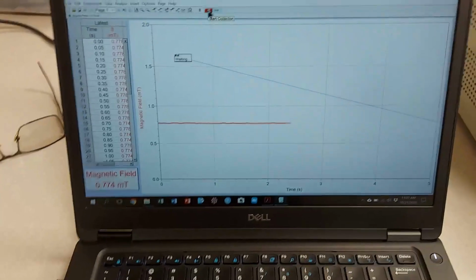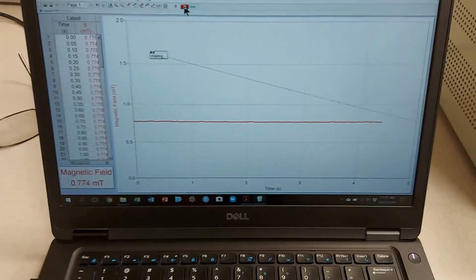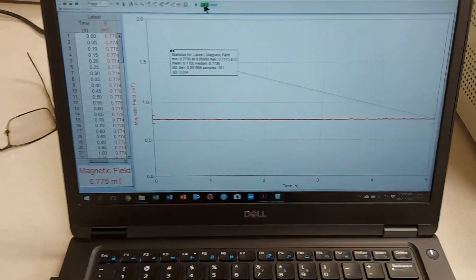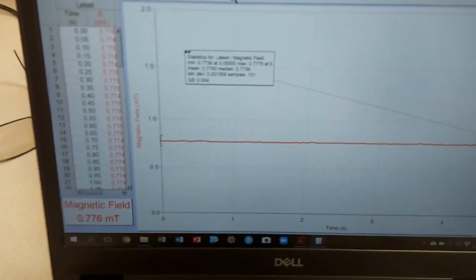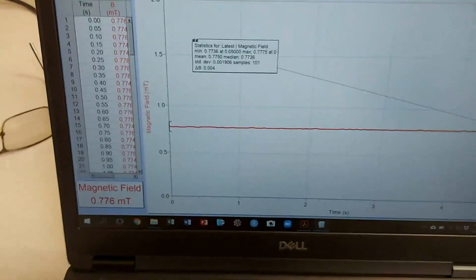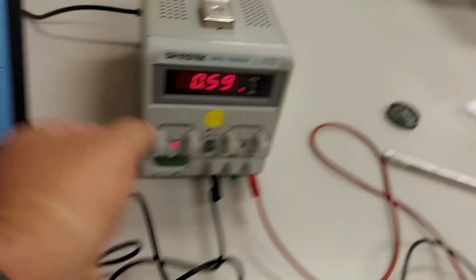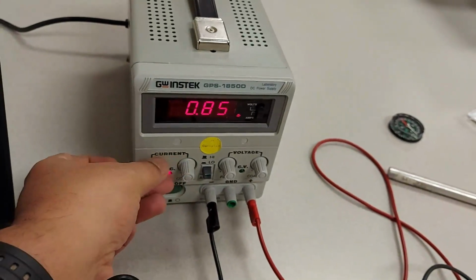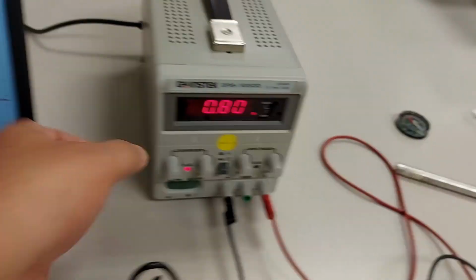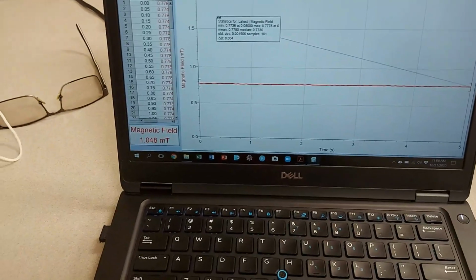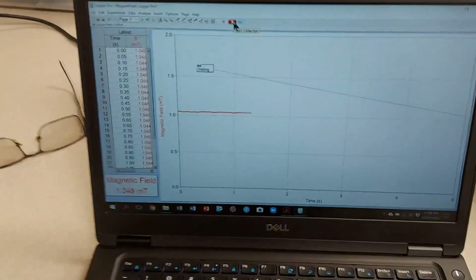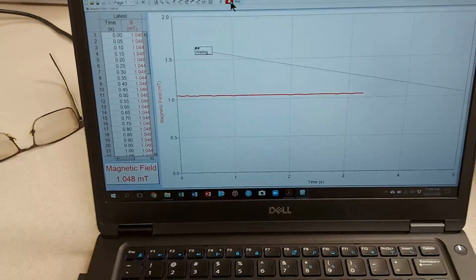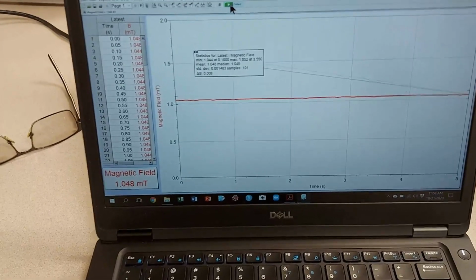So here's the data, and at 0.6 the magnetic field is 0.775 millitesla. Let's go higher, 0.8. At 0.8, the magnetic field is increasing constantly, as expected.